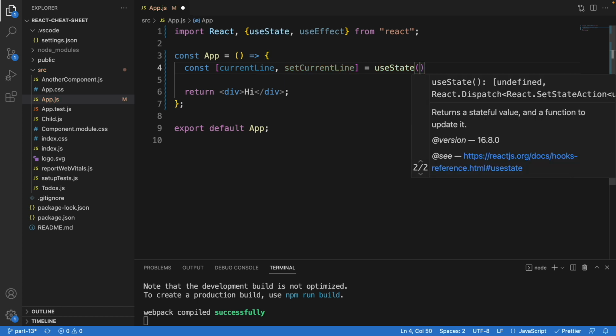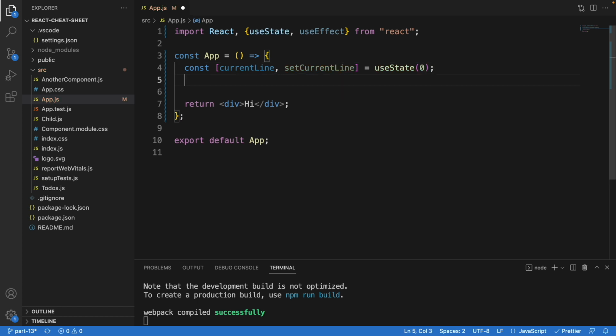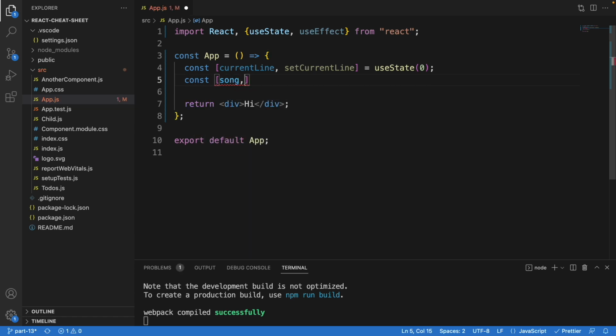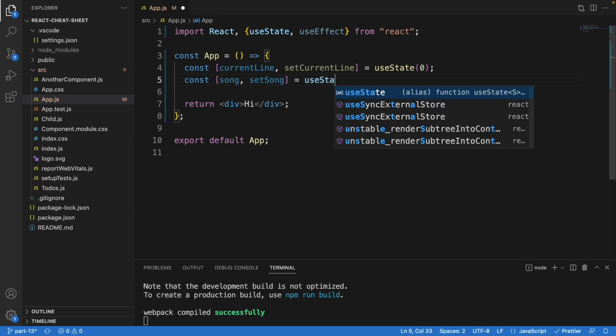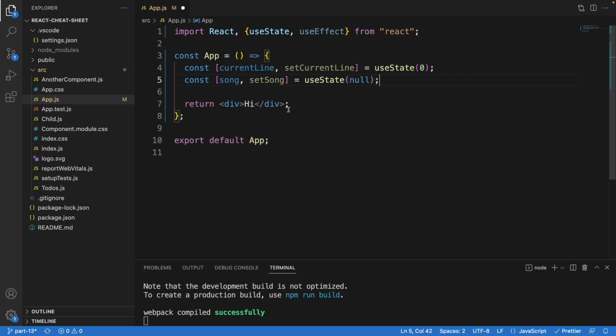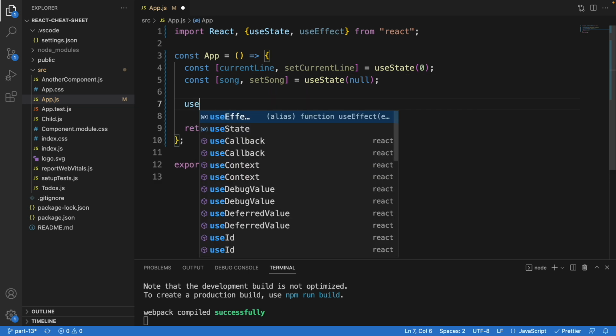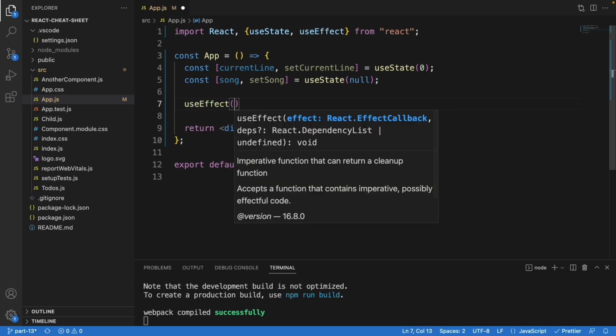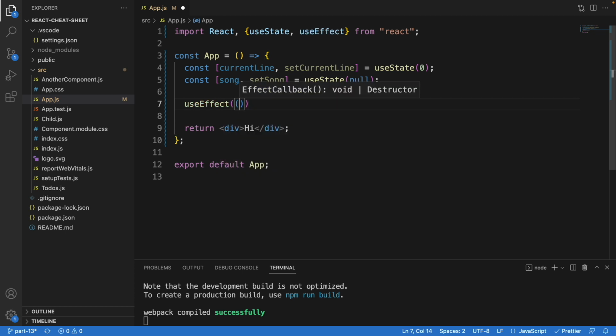The default value, let's just set this to 0, and we also need the song as well, so let's just clear that. Song, setSong, and for song we can just use the null value, and we need to use the useEffect. So whenever the app is rendered, then it calls this one. Okay,